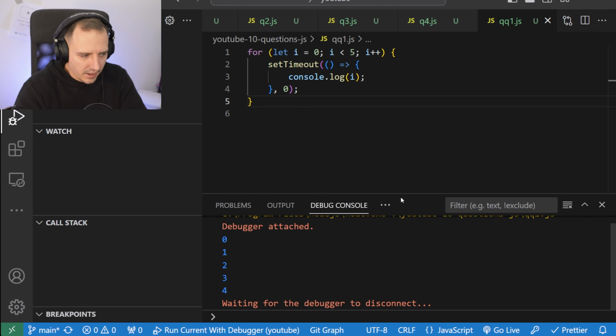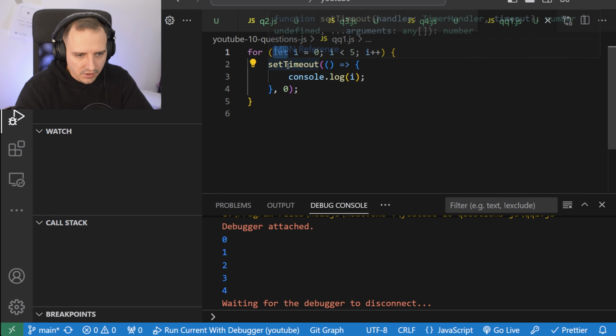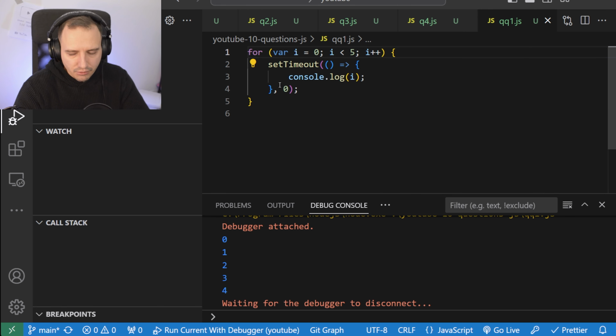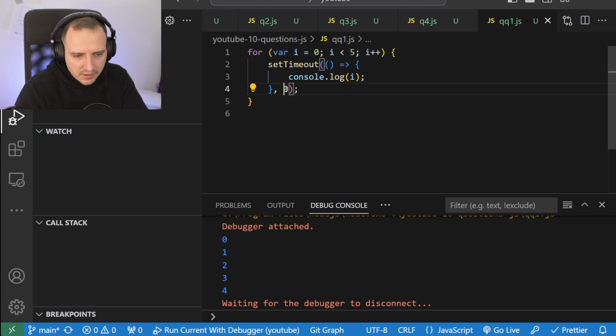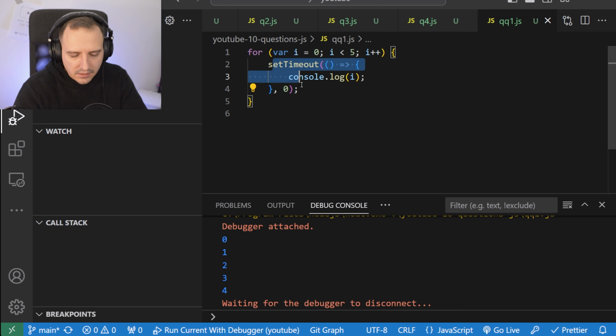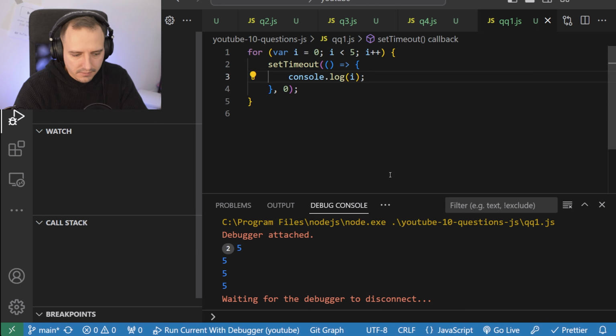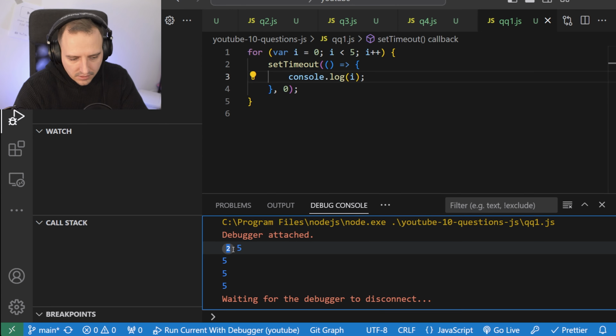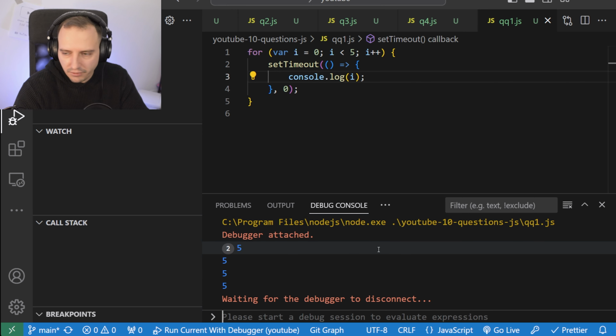This is what happens. And if you change this to var, which is not a block scope variable, it's still going to be updated, because this goes into the task queue, or whatever the name of this is, and then it's executed, even though this is 0. This whole thing runs, i is going to be 5, and it's going to print 5 times 5. Let's see if I'm correct. There.